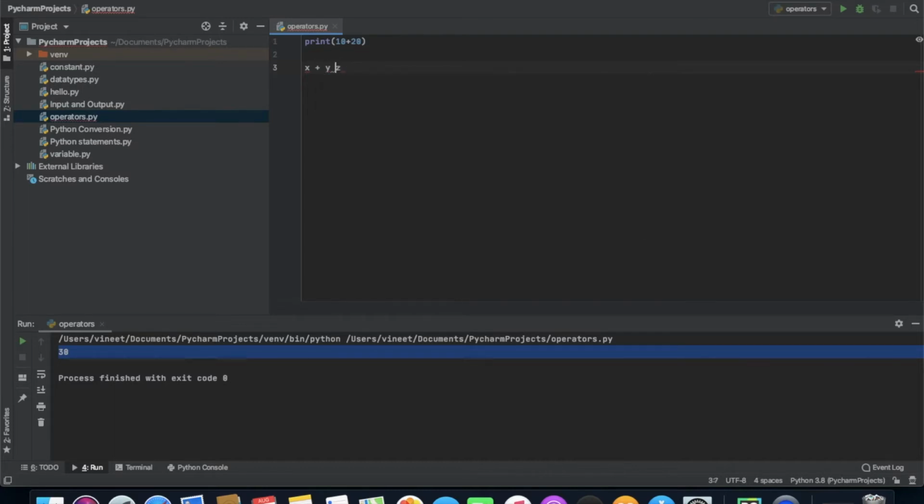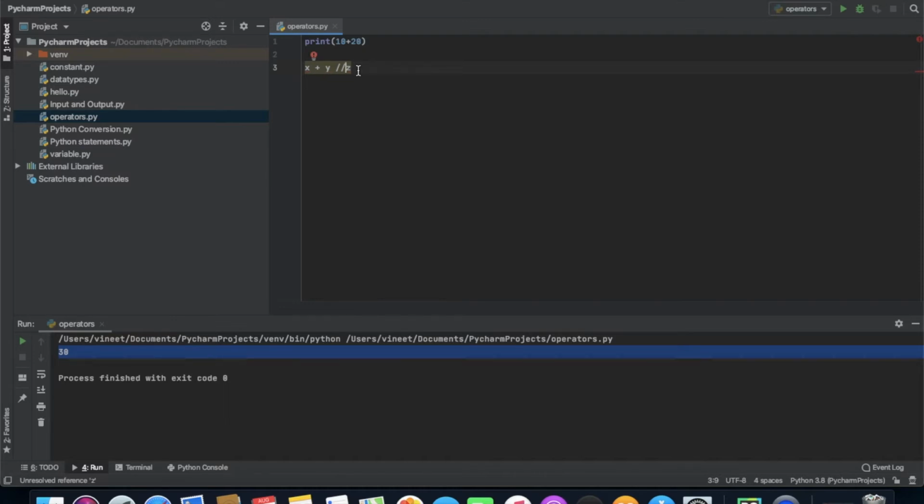Similarly we can use the minus operator, the multiply operator, the divide operator, we can also use the percent sign, which we usually call the modulus operator, and we can also use floor division. We will be talking about what these operators basically are.